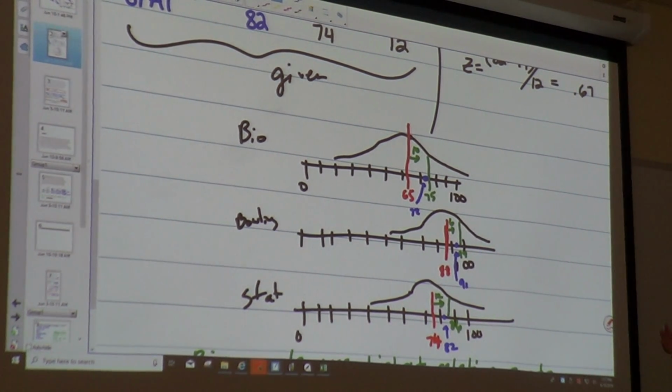86. So they're all within one jump. So they're all doing pretty good. So we need to know exactly how many jumps away they are. So we're going to do the z-score. Data minus mean over standard deviation. So for the first one, what is my